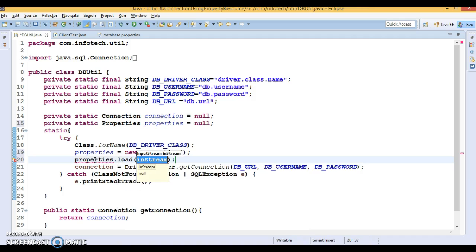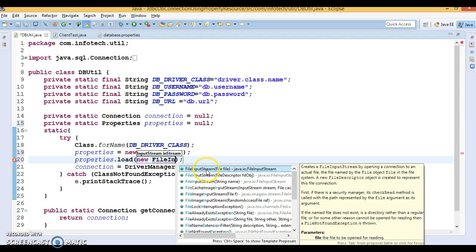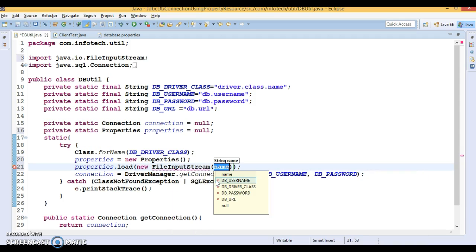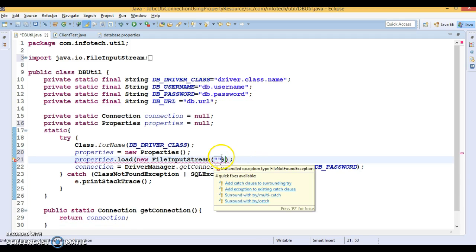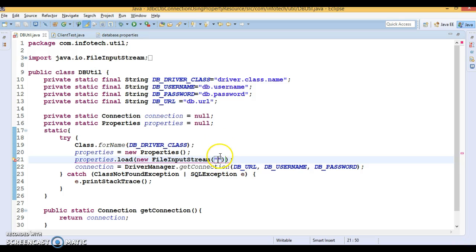This takes input stream. So here you can pass input stream, which is an abstract class, so you can pass an instance of its subclass, something called FileInputStream, which takes a file name. So this file we have kept directly in the src folder, so you can pass this file name like database.properties,